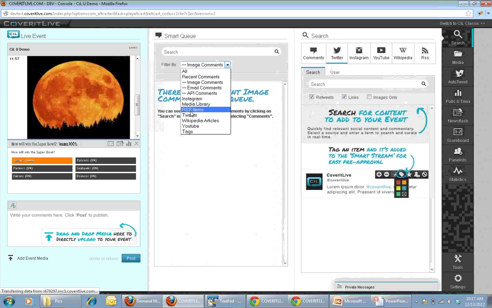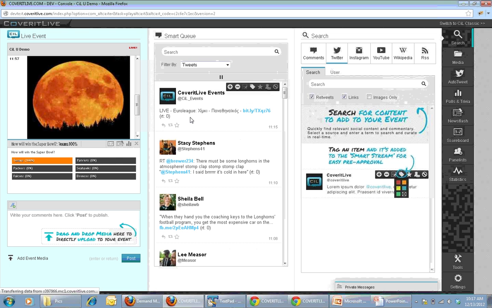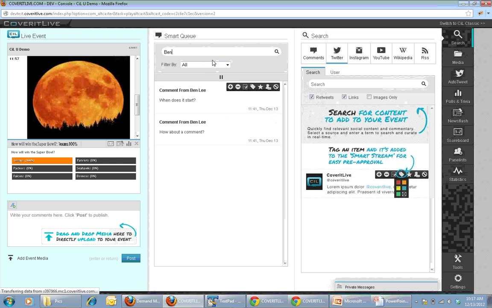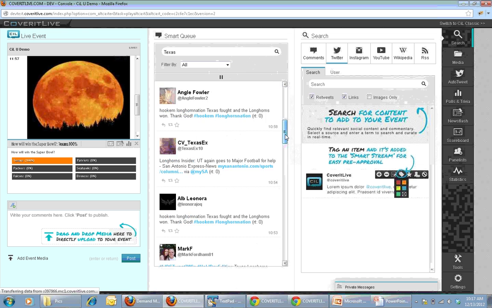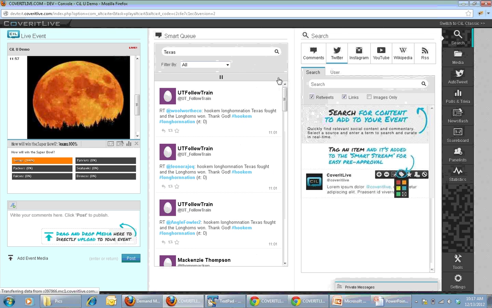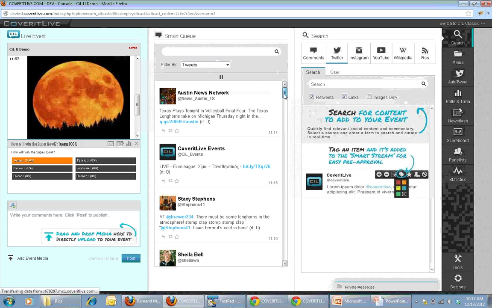You can also filter by other types of items, such as RSS, tweets, or any of the items that you can search for on the right-hand side from the search area. Or you can just do a generic search across content. So if I want to find any content that was from Ben, then I can do that. If I want to find content that mentions Texas, for example, I can do that as well. So I can search that across all my content, or I can limit that to just a particular type, say